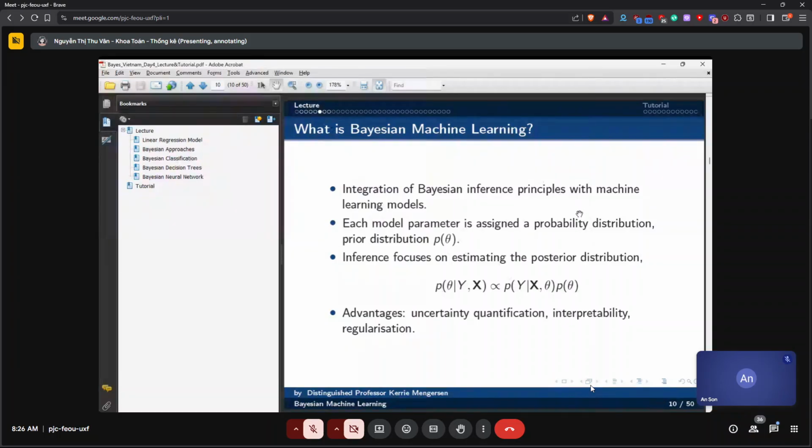Then our estimation is to estimate the posterior distribution, P of theta given y and x, which is proportional to P of y given x and theta times P of theta. On day 4, you should all be very familiar with this formulation. We're trying to get a posterior distribution for theta given our observed data, and this is really important.